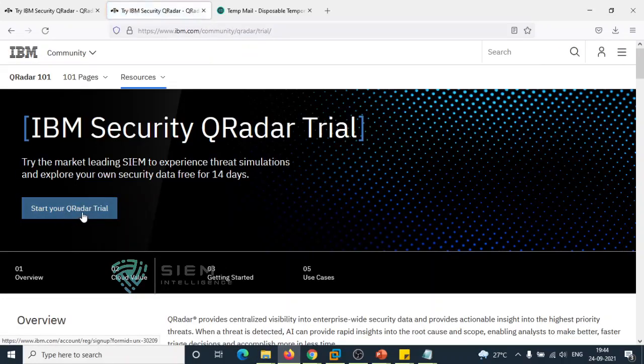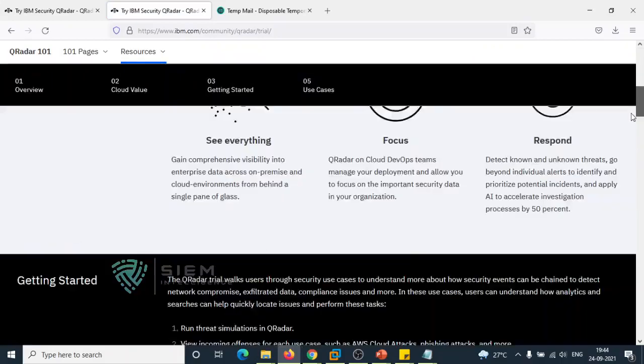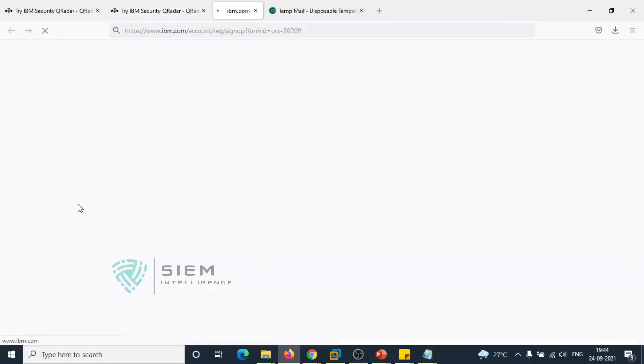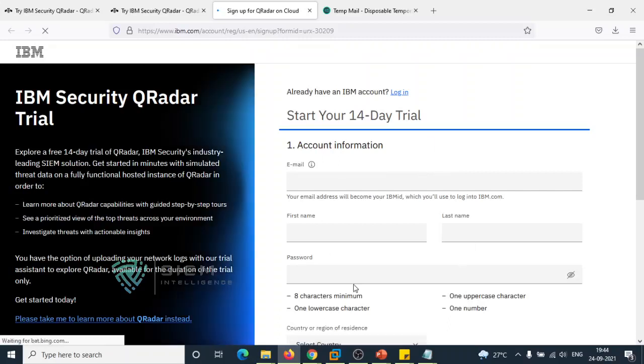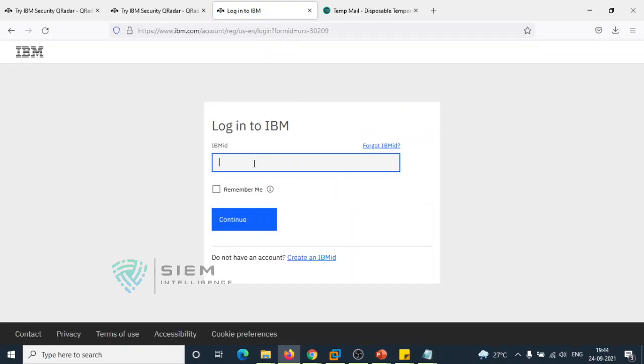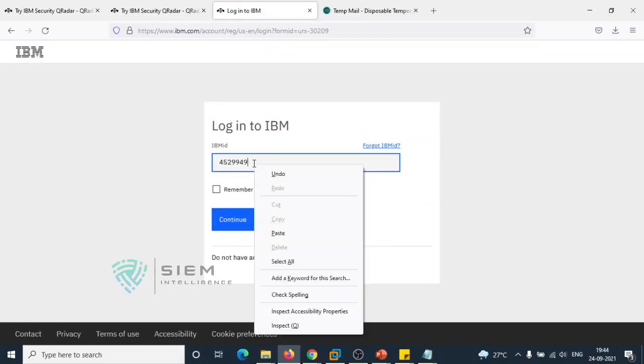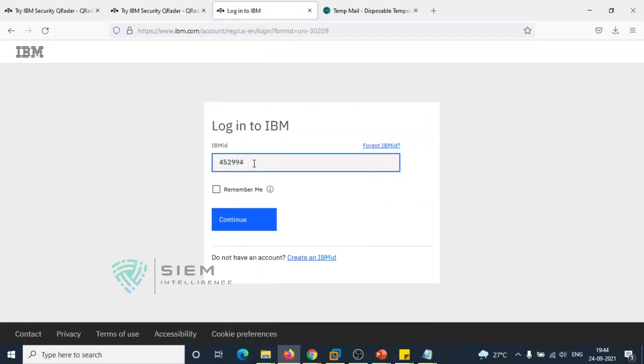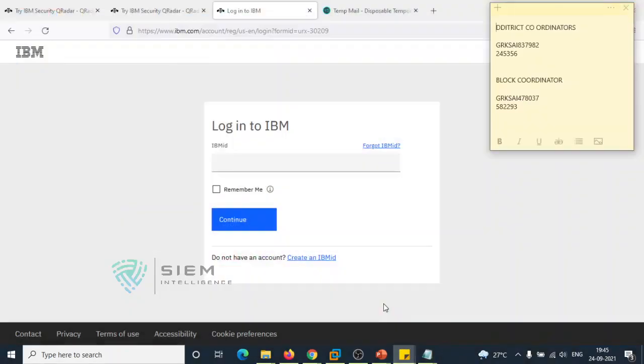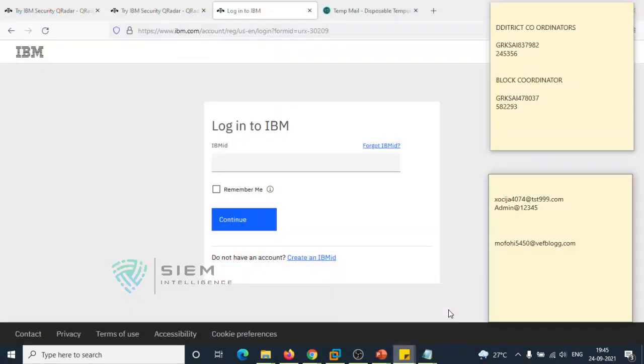Instead of start trial, instead of adding this one, you need to just log in. I already have an IBM ID. I will use that same user. I think it was the user.